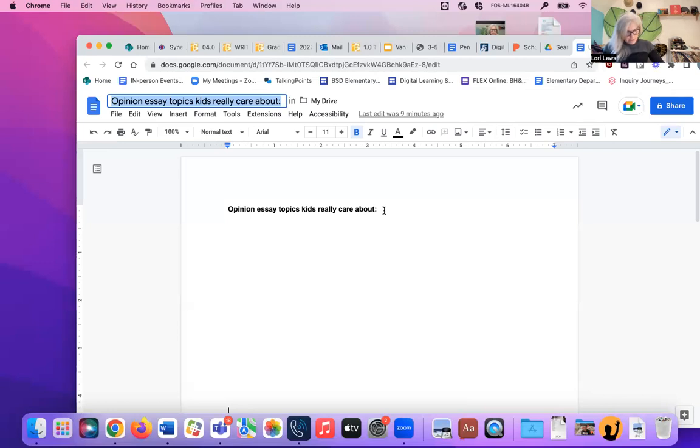I don't have very many clean pages in mine. Oh, here we go. I found a clean page. I'm also going to look in another one of my booklets and see if I have this topic already. What I like to do is use you guys to come up with topics that you care about, because obviously kids know what kids are interested in the most.